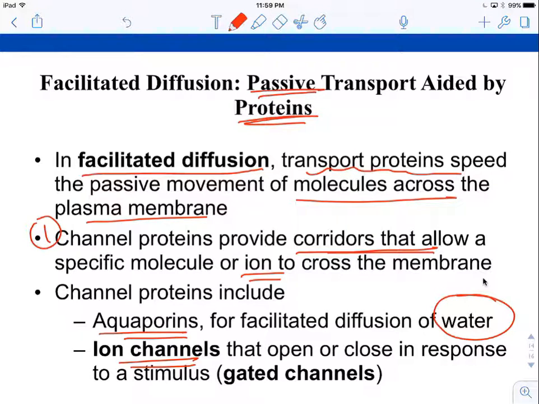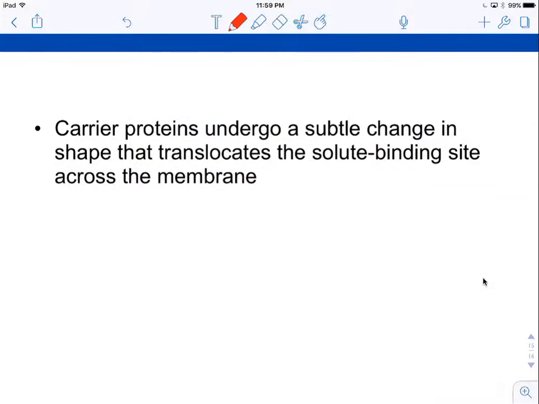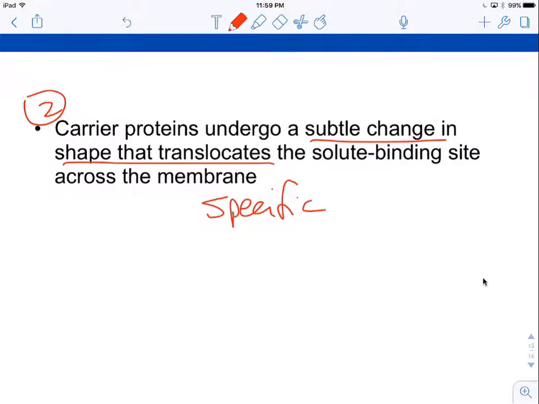Ion channels allow ions to cross the channel. These are very involved in nerve impulses, as we'll see in a later chapter. And then the second type of facilitated diffusion is carried out by carrier proteins. And carrier proteins are much more specific. They allow one specific substrate to cross the membrane. And it does so with a subtle change in shape that moves the